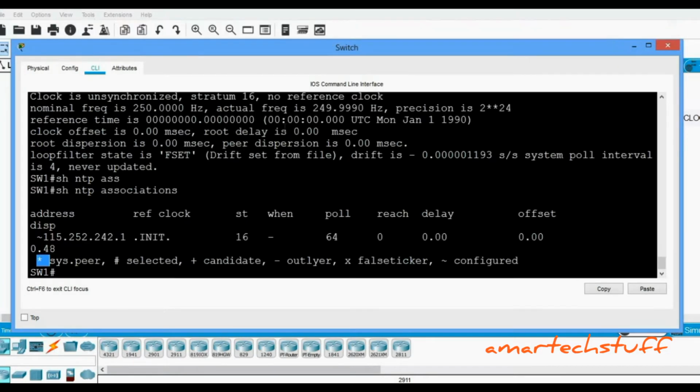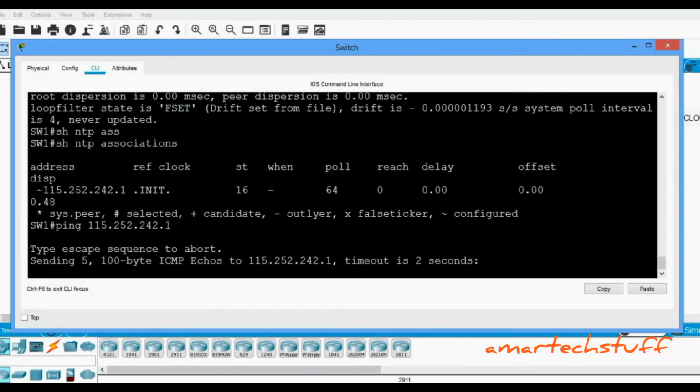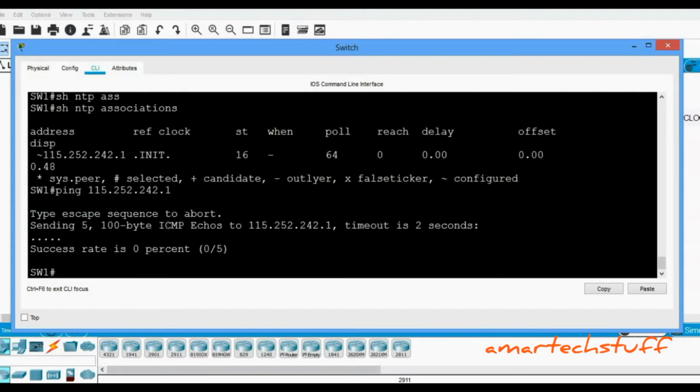So why is it not getting synced? Let me ping this and check. Okay, so it is not able to ping. This particular switch is not able to ping 115.252.242.1. Now, normally in a real environment this NTP server is on a public IP, and in this case also it is on a public IP, so it is not able to ping.